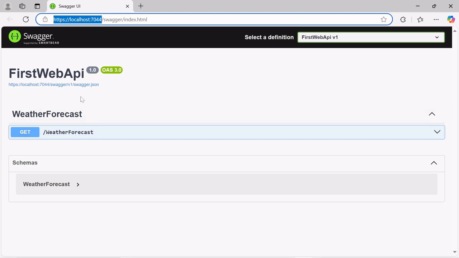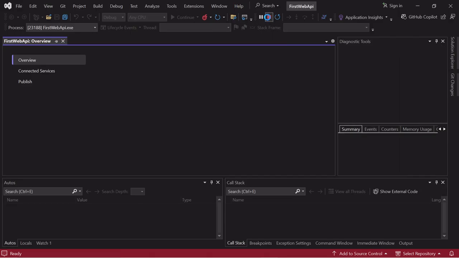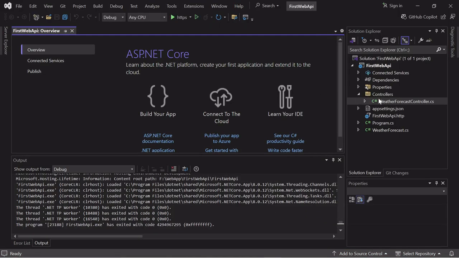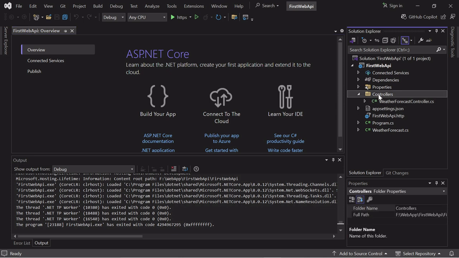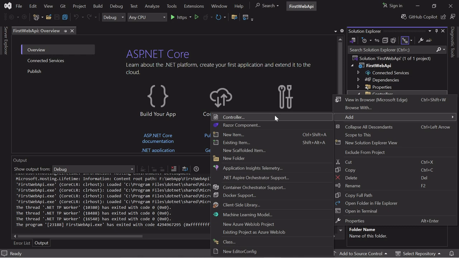We can enable Swagger in our Program file, and from it we can test our APIs. Instead of Swagger, we can also use third-party API tools like Postman. Swagger is also used for API documentation. Here I create the first API endpoint. I click on Controllers for creating the first Web API: right-click on Controllers and Add Controller,